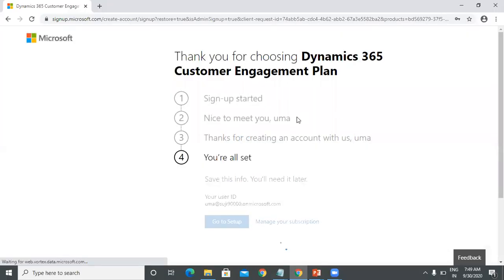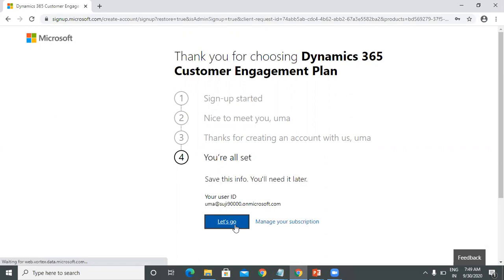It will take some time to create an Office 365 account and set up the backend things for us. Once it is set up, we will get a button.